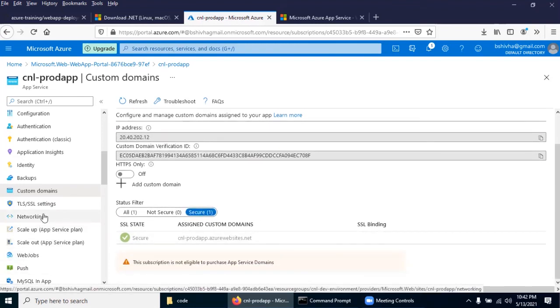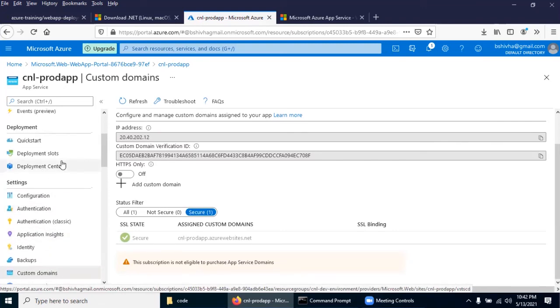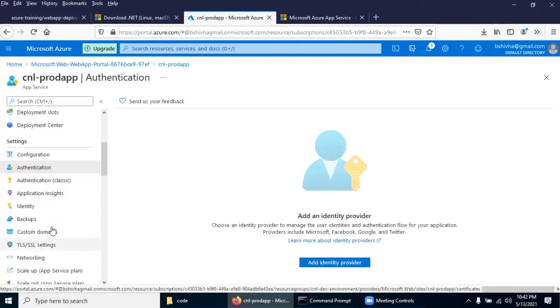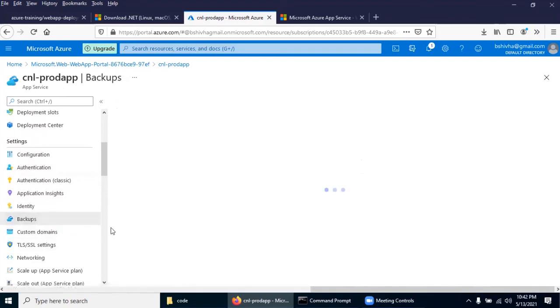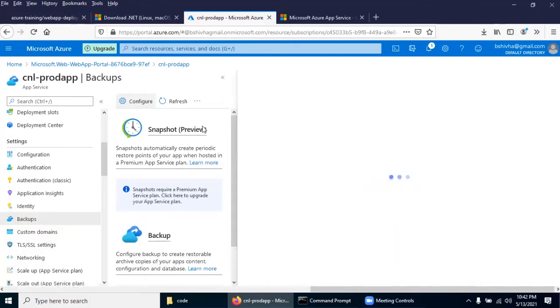Coming down, there are backups according to your tier. We will also configure the necessary backups. So configure it.